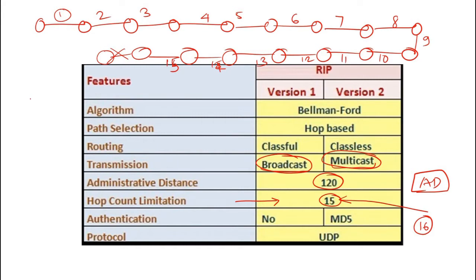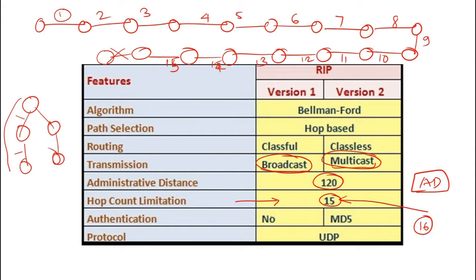It's not that it does not support more than 15 nodes. If you have connectivity like this, how many routers do you have here? 3 to 5. So it does not mean only 15 routers. It means how many hop counts it controls. So here it is only 2 hops. Just keep in mind, do not confuse it with the number of routers in the network. It is just a hop count limit.